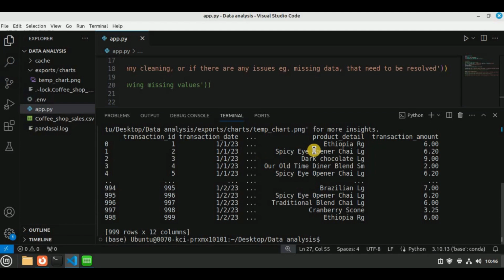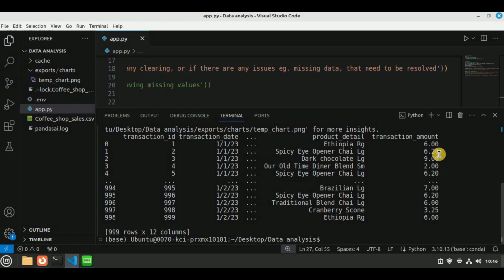Alright, so here is the response, and you can see that in addition to all other columns, we now have a new column called transaction amount, and without providing it any context, you can see that Llama 3 understood the assignment and created a transaction amount, and the values were filled by taking the product of the transaction quantity and the unit price. So you can see that instead of creating an empty column for the transaction amount, it also filled it with the product of the right columns.